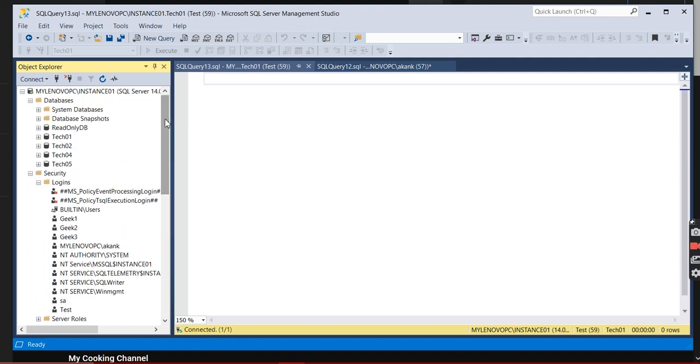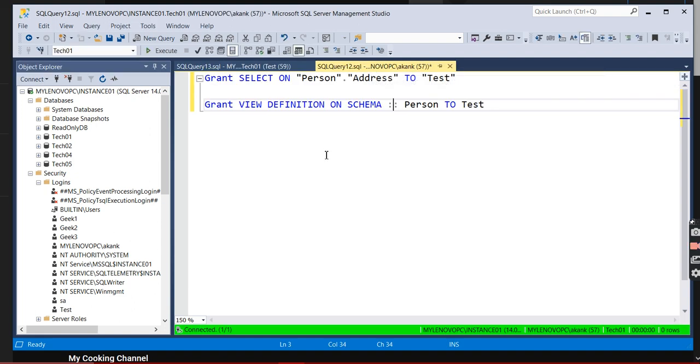So how to do that now? The question is how to do that. There are two simple commands you need to execute, and based on those commands you can fix this problem. I have already written the command here. You simply execute the grant command on a particular schema or table. The first one is grant select on the schema.